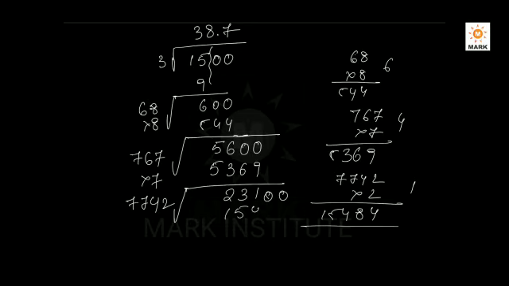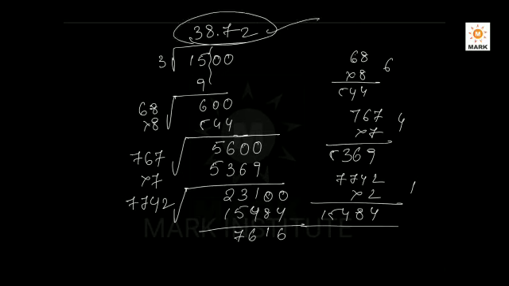15,400. I think it is 4. Yes, it is correct. 4 2s are 8. 7 2s are 14. 14 and 7 2s are 15. Yes, 15,484. So 6 it is. So 9 minus 8 is 1, and 0 here 6, 2 here, 12 minus 4, 7 6 1 6. So you have to go on, now here the number is 2. That means the approximate square root of 1500 is 38.72, my dear friends.